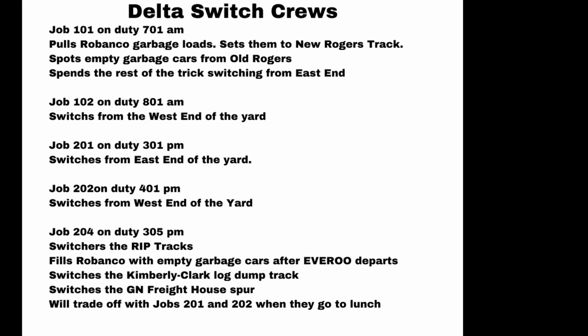We had a track called the Kimberly-Clark log dump track. It was between GN Junction and the Railroad Avenue crossing. That's way back in the days. Kimberly-Clark got logs when they had a log dump back there on the Snohomish River. And they had a chipper someplace where they chipped these logs. But at this time, what was going on is